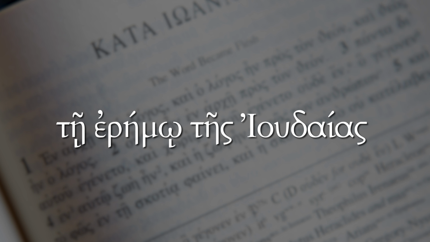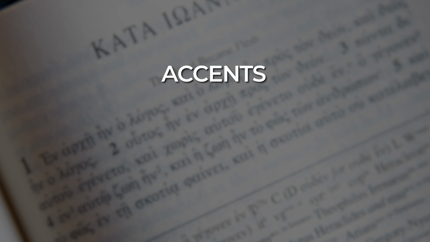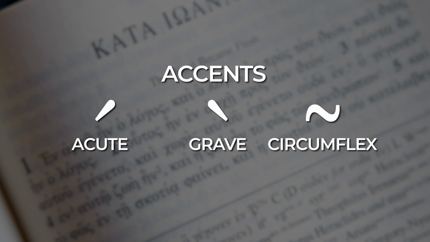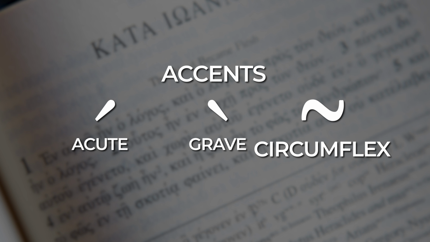This brings us to our final point for this video. You may have noticed other marks over Greek words that we have not accounted for yet. These marks are called accent marks. Greek accents come in three types: acute, grave, and circumflex. Whereas English uses a stress accent, Greek uses a pitch accent. For the native English speaker, it is more convenient to treat these accents as stress accents, as we would in English. Acute accents are represented by the up-tilted line, graves by the down-tilted line, and circumflexes by the symbol often called the tilde.